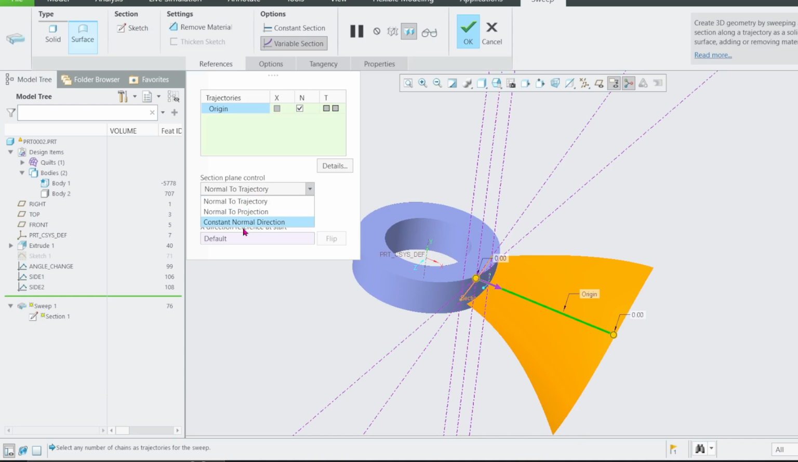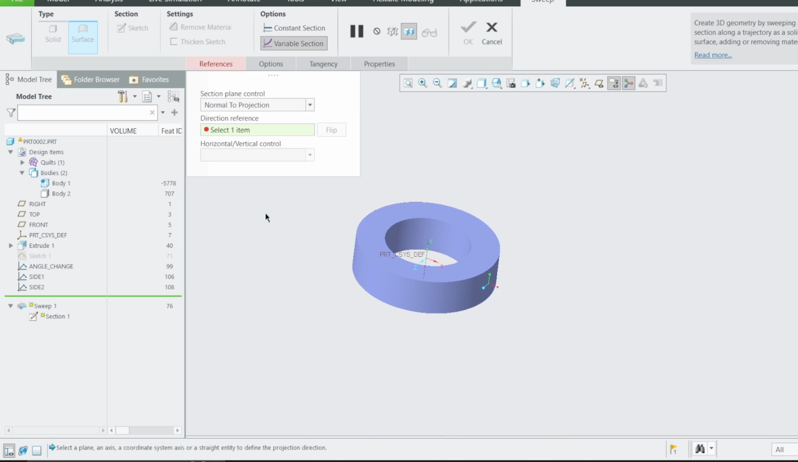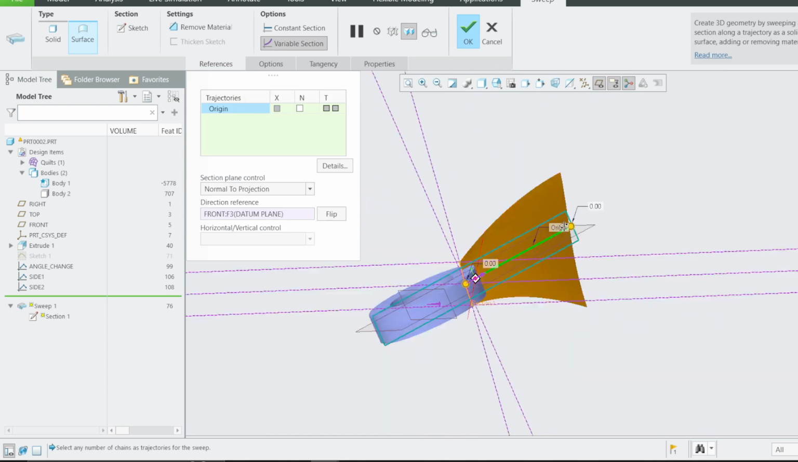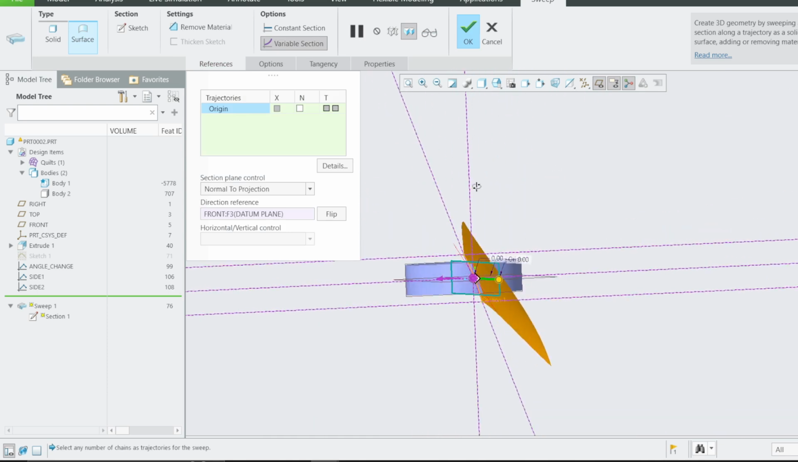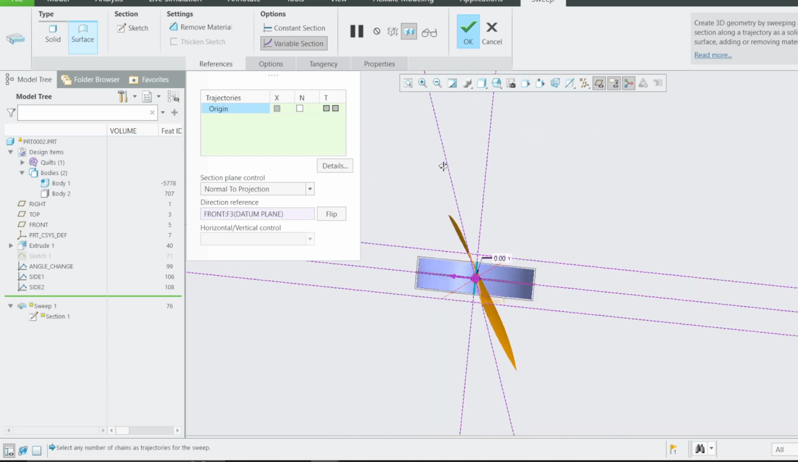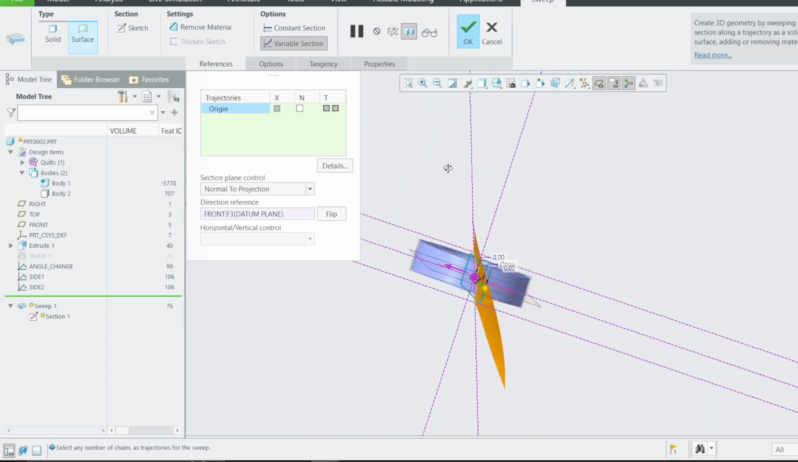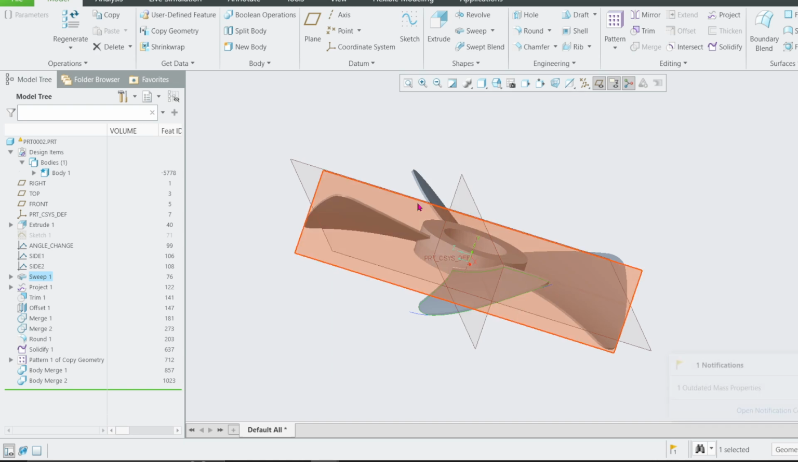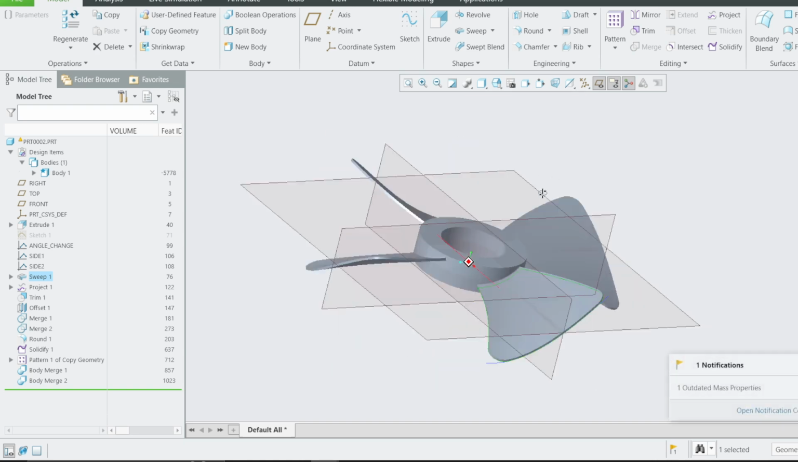You have to understand the sweep properly to understand how to use this. Because if you select maybe normal to projection, maybe say yes to this projection, you see, you're getting a different result. You see how it looks similar, but it is rotated 90 degrees. Therefore, it is not a straightforward thing, but it's a very good exercise for you to learn how to use